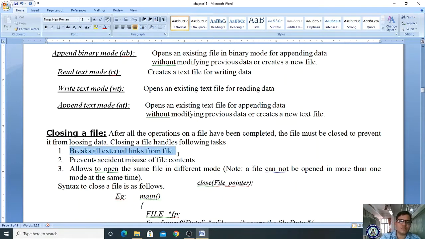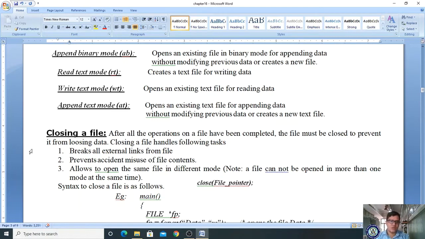First, it breaks all external links from the file. It prevents accidental misuse of the file contents. Accidental misuse prevention means the content will not be lost.